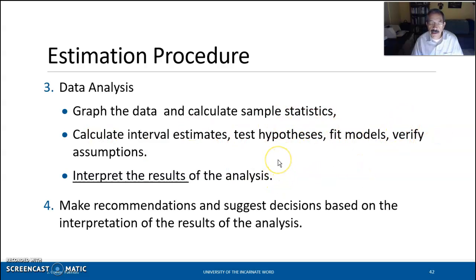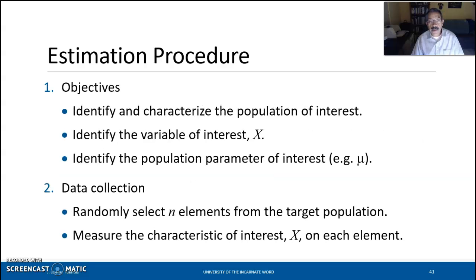Once you have completed your analysis, you need to interpret the results of the analysis, because based on this interpretation you will make recommendations and suggest decisions to be made. That's why I've been insisting so much on interpreting the results. This is good practice when you are learning statistics and performing a statistical analysis. So from now on,